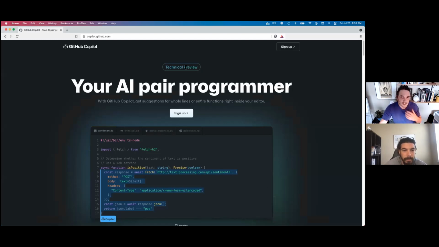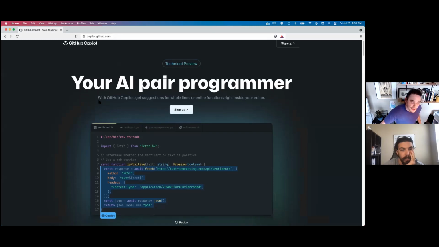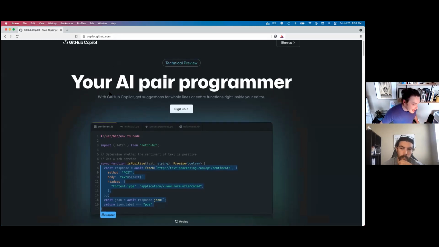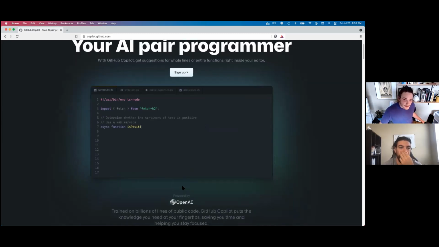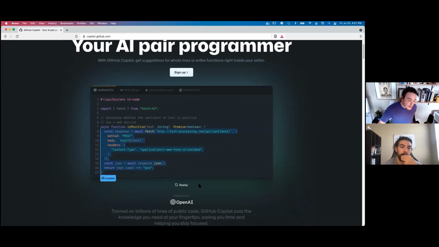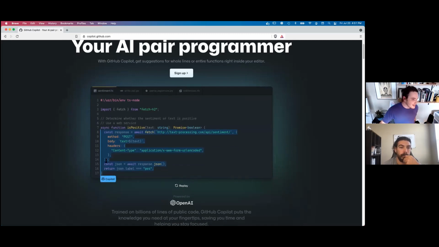Cool. All right. So here's their marketing site for GitHub Copilot. It's a fascinating piece of technology, and is right in line with all of the trendy AI projects that are out there, like projects that generate art and all sorts of things. But hey, if we can generate stuff, why don't we generate code? And so this is your AI pair programmer. Let me replay the little demo. Me as a developer, I start typing something, and then boom, Copilot suggests a whole body for my function just based on my function name.